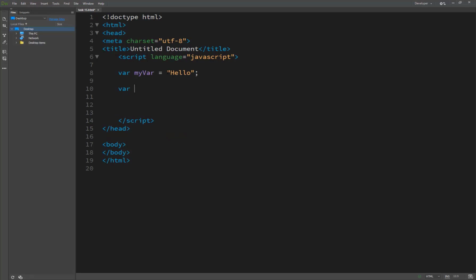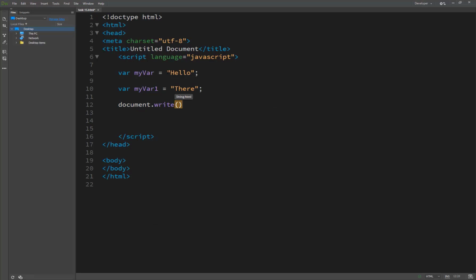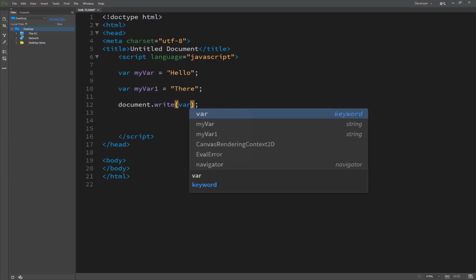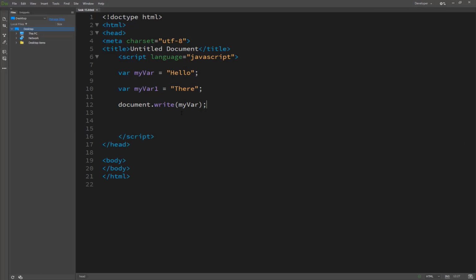We are creating another variable, my var1, and inside I just pass the value there. Then we are going to print it with document.write, and inside I put my var. And now you see the result: hello is printing on our screen.